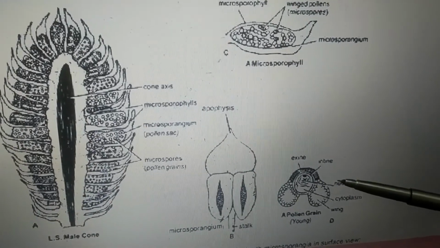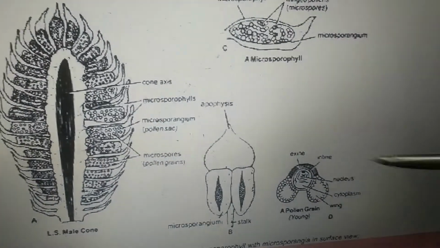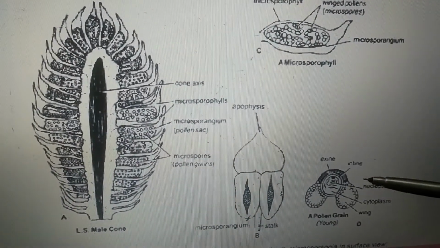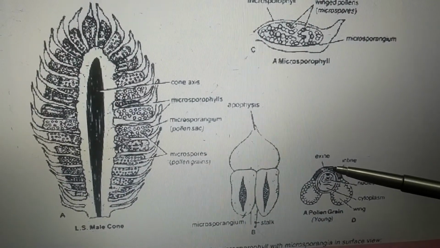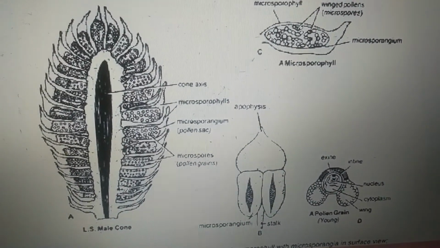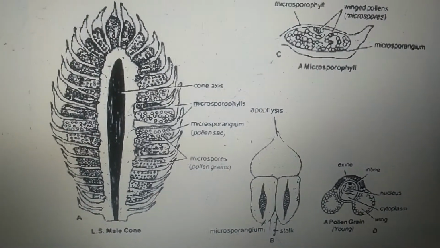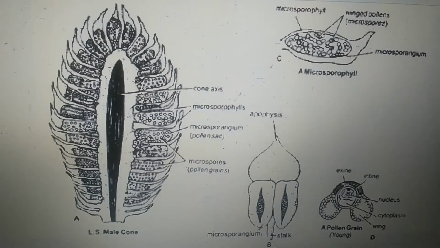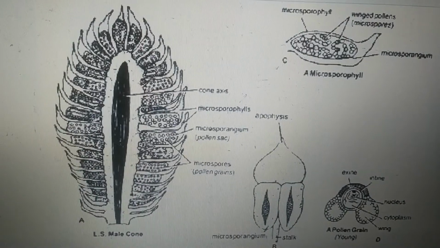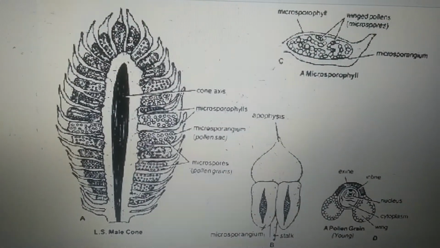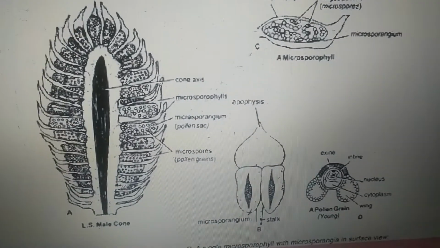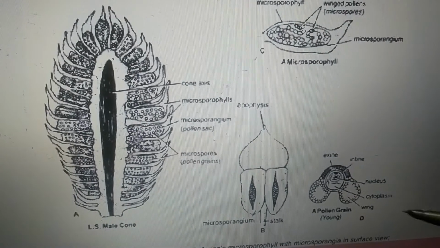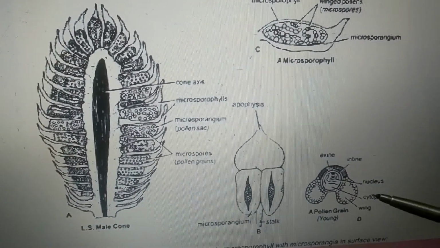So this is the structure of a pollen grain, which is usually circular in nature, and they are usually yellow in color. They are light weighted, they are uninucleate, and covered by two layers, exine and intine. Now the exine protrudes out on two sides in the form of balloon-shaped wings, which are helpful in floating as well as dispersal of the pollen grain. What exactly this means is, we have these two structures here. What are these two structures and how did they originate? They are nothing but an expansion of the exine.